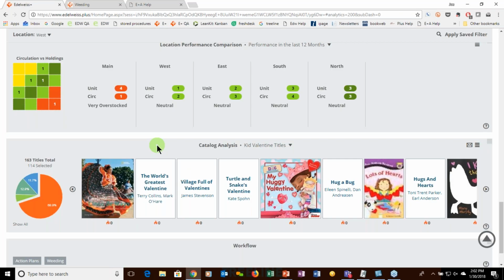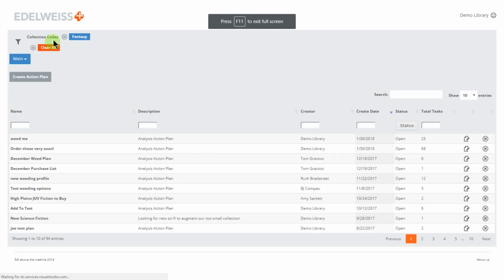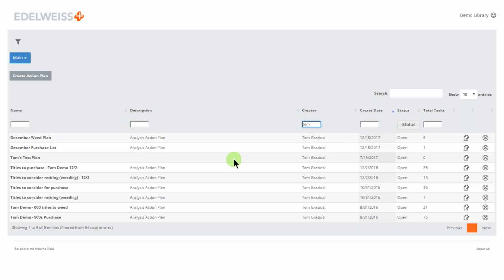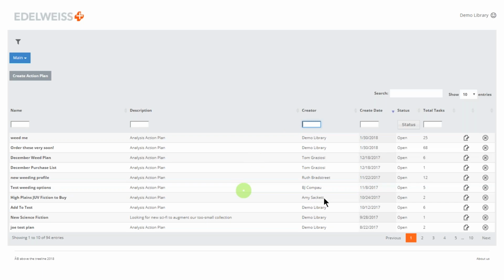Then there are action plans here as well. Clear these out. So when you have an action plan, you can sort and filter and search for these. So we can say, show me all the action plans that Tom has created, that sort of thing. So you can have as many of these open as you like, and they can be really easy to search and sort through. But if we want to look at the order these very soon action plan that we created earlier,